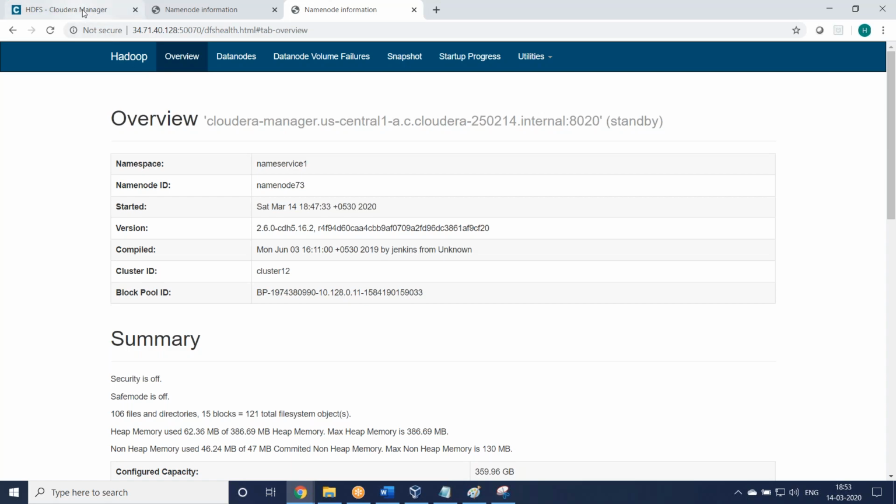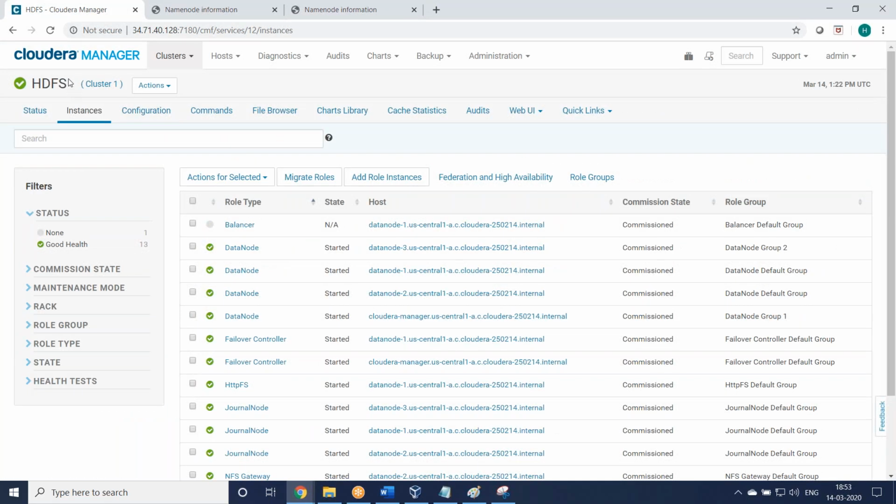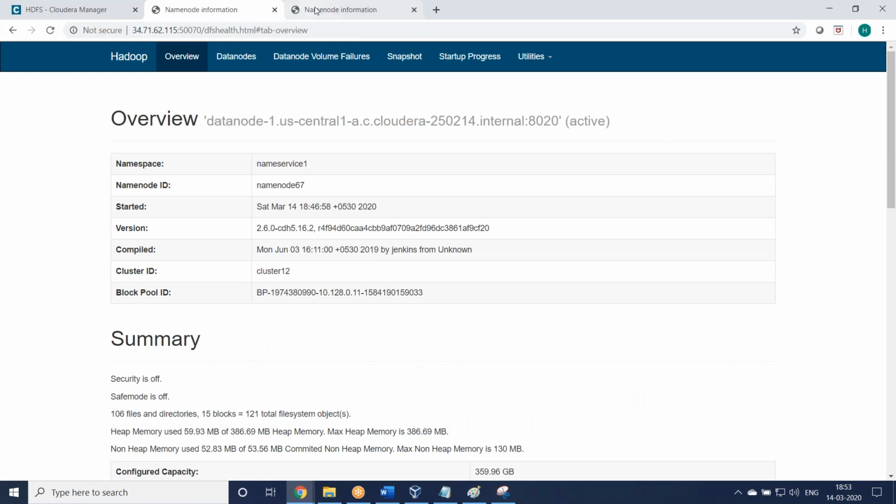So here you can check it. For example, if you go to HDFS, you can see both name node and data node. Name node web UI, active name node, standby name node. You can find 2 links here. Earlier only 1 link would show. Now with high availability, 2 links show. You can directly open them. That's what we have opened here, these 2.